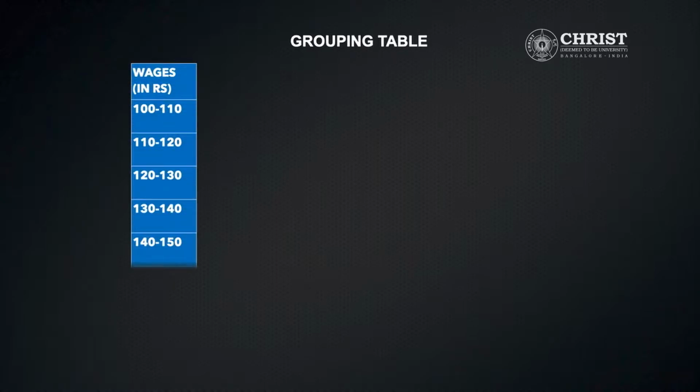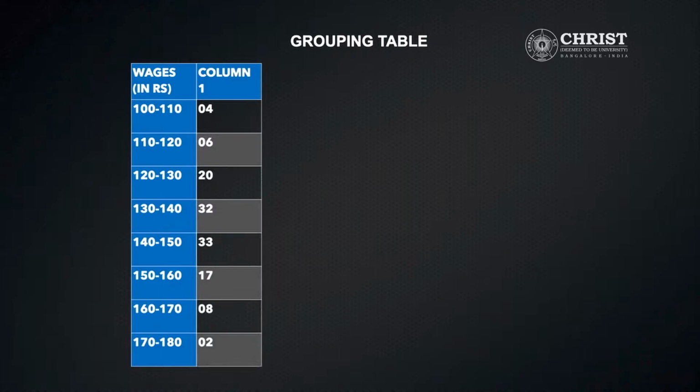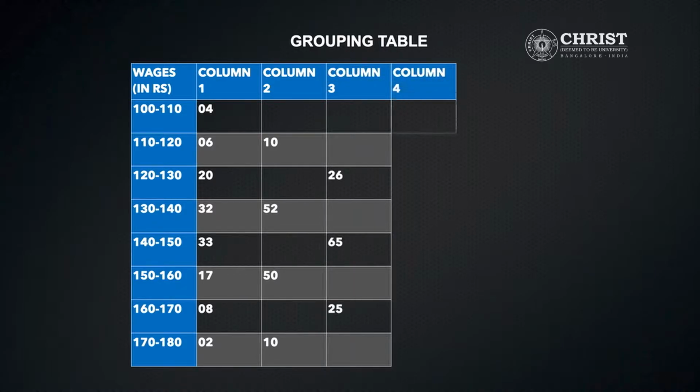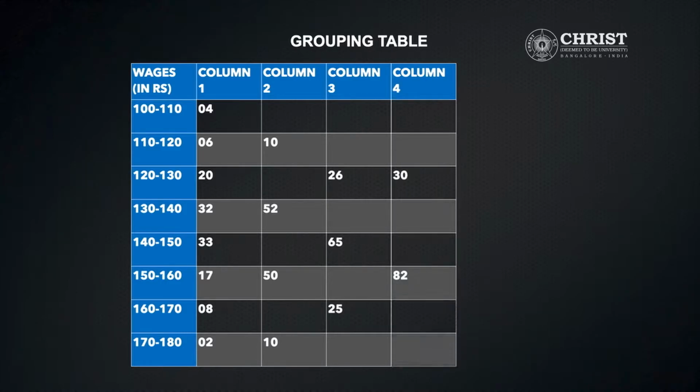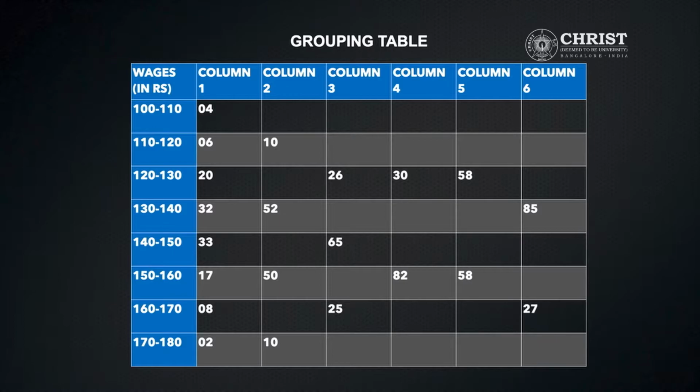Now here also we have to do the grouping table and analysis table. In the grouping table, the first column will be the frequency values. In the second column you add the frequency values two each. That means the first values are 4 and 6, you write 10. Like that you compute column 2. Column 3, leave the first frequency and add two each. So we will not consider the frequency value 4. 6 and 20 make 26.